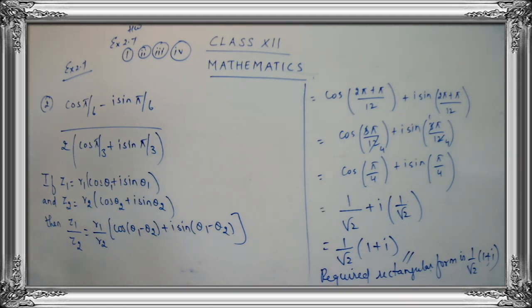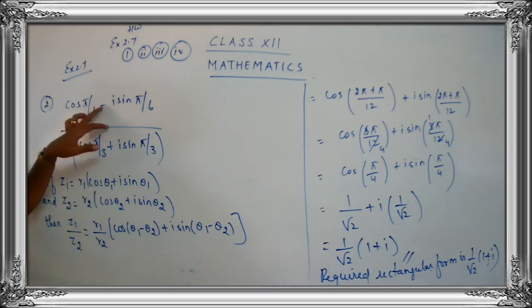But here for this sum we cannot apply the property directly. We have to make some changes. Just see the case, children. Here for the second part, r2 is there, cos theta 2 plus i sin theta 2. So the denominator part is okay. It is of the form of a complex number. But just see the numerator part. r1 is not there, that is not a problem. If r1 is not mentioned, you can just consider it as 1. That is not a matter.